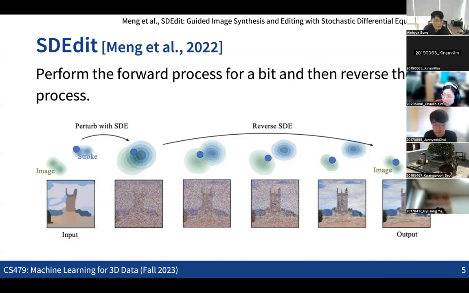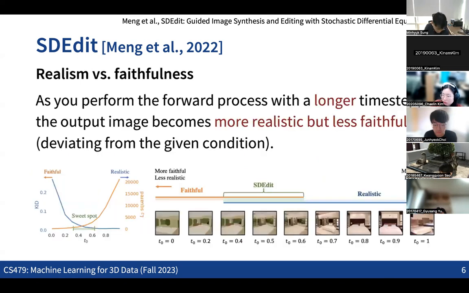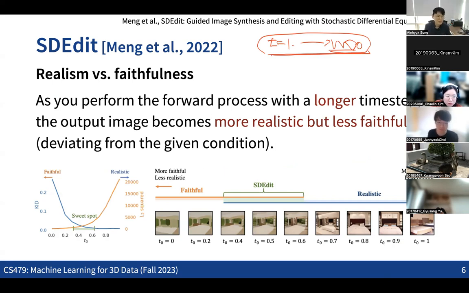And actually what we can see is that if we go until the end of all the time steps, so if we start from time step 1 and go to 1000, this will be exactly the same as the generation process, right? Then we are really going the full path of the forward process and going back the full path of the reverse process. Then the thing is that we don't know what images we're going to get, right? While we started from a specific image, if you run the process until the end and go back through all 1000 steps, then the output image you get will be a very different image, right? So that's the thing.